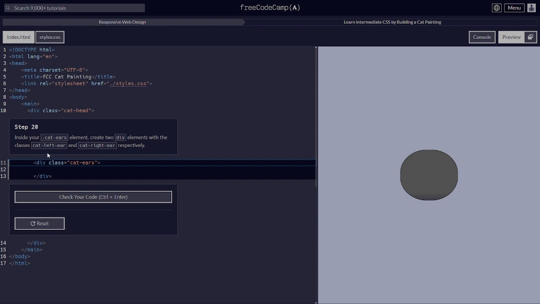Alright, inside your cat ears element, create two div elements with the classes cat left ear